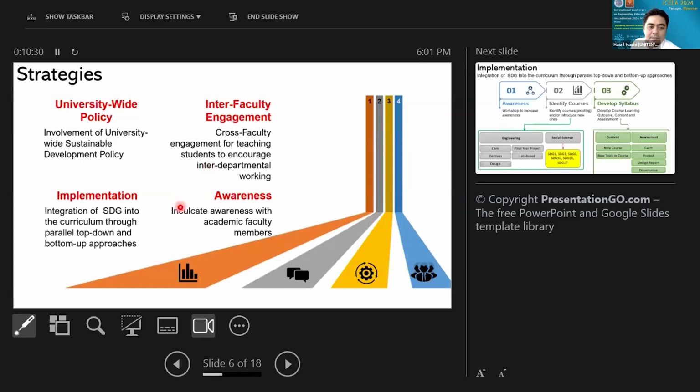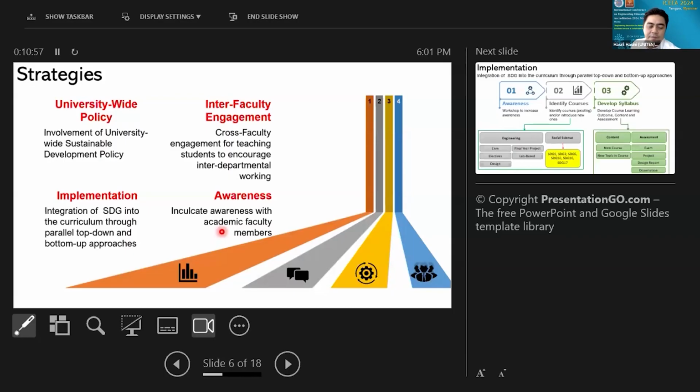On the implementation side, we have to integrate all this into the curriculum through parallel, top-down, and bottom-up approaches. Most importantly, all our teaching staff or academic staff members have to be aware of the importance of disseminating this information, because they are the frontliners.